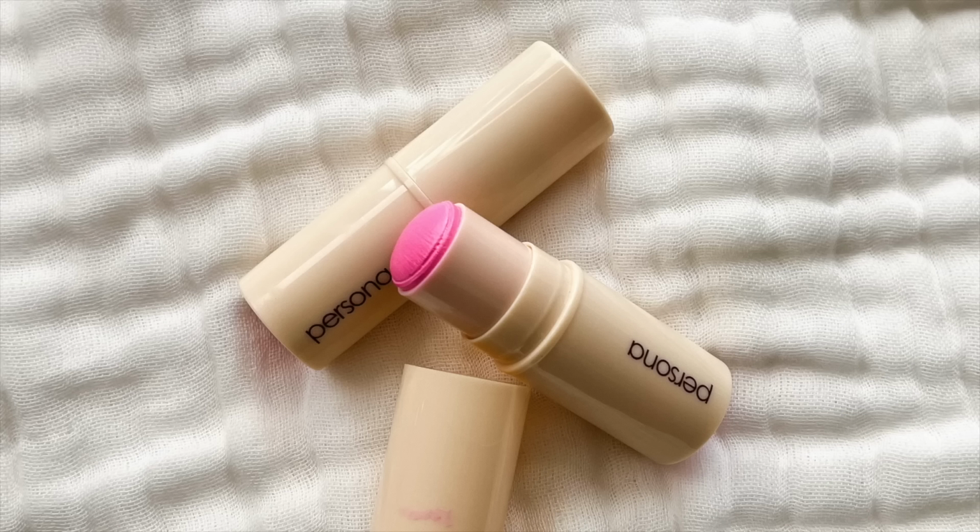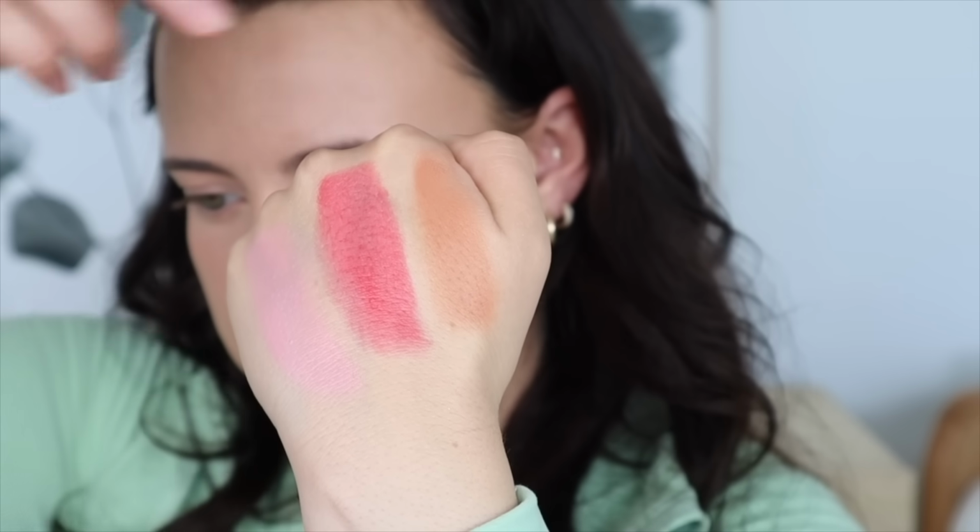So now for blushes, I have the new blush sticks from Persona. They came out with the shade Bubble in a cream stick, which is exciting. They also have the shades Teddy and Kiss. I'll give them a swatch. Here they are. These two feel a lot more,